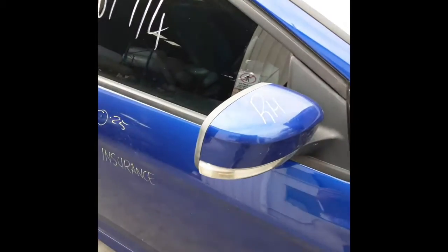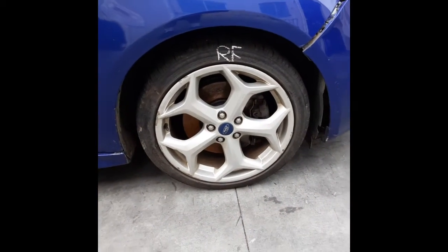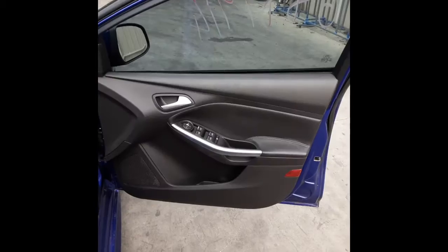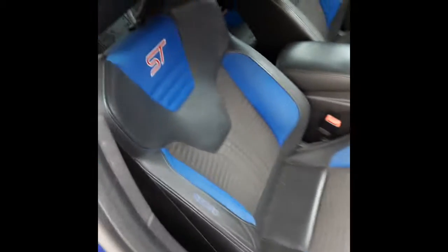Right power door mirror, power fold puddle light type, and a right front 18-inch factory alloy mag with a good tyre. We have the driver's side door trim, power window master switch. This vehicle is fitted with black and blue leather interior, Recaro seats, Suite ST, has a leather centre console lid,